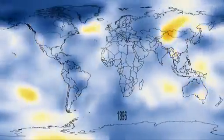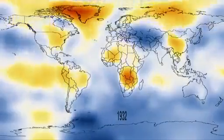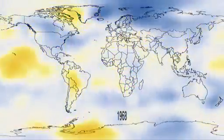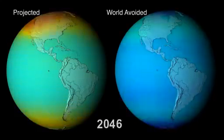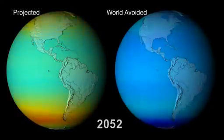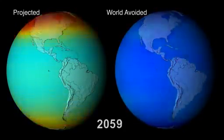While MERRA gives us a climate picture across decades, the Goddard Institute for Space Studies, or GISS, can extend that view across centuries. GISS models have already unraveled average temperature trends over 200 years. New GISS simulations will cover the last 1,000 years to verify the model's accuracy. They'll also look forward, projecting climate trends to the end of the 21st century. With each